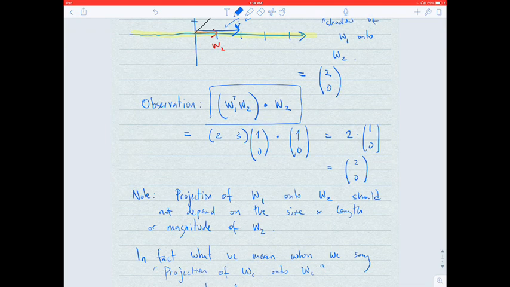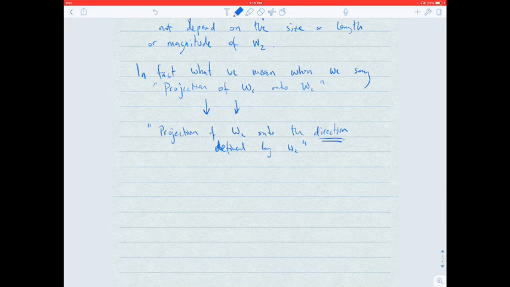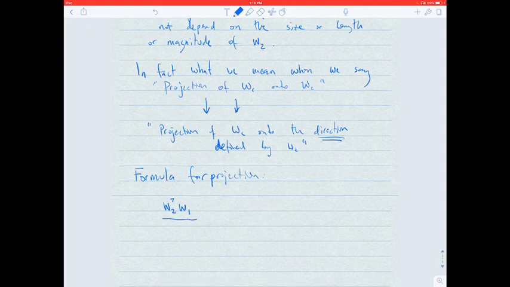So what we need to do in order to fix this is take this formula that we derived up here and make sure that we're not factoring in the size of W2. How do we do that? We're just going to divide out by the length of W2. So the formula for projection is the dot product of W1 and W2, which is a scalar, divided by the length of W2. This is the Euclidean,